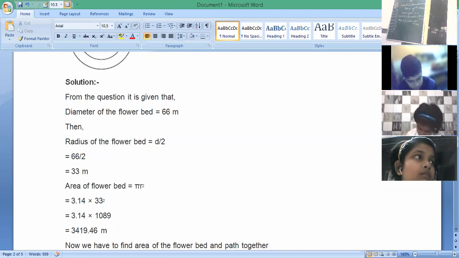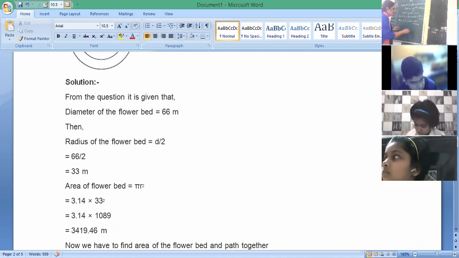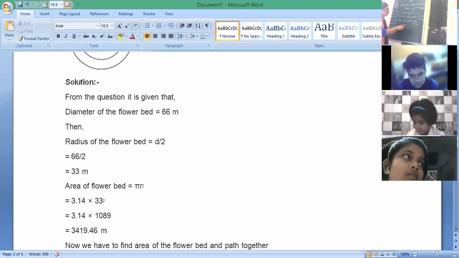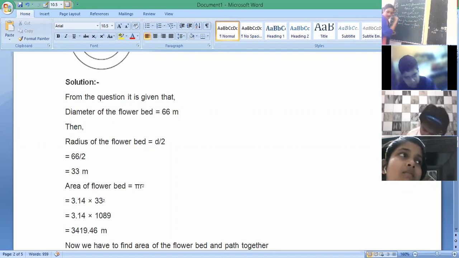Outer circle is 37 meters, capital R square, minus the remaining part, inner circle, also pi r square. So the area of the remaining part will be